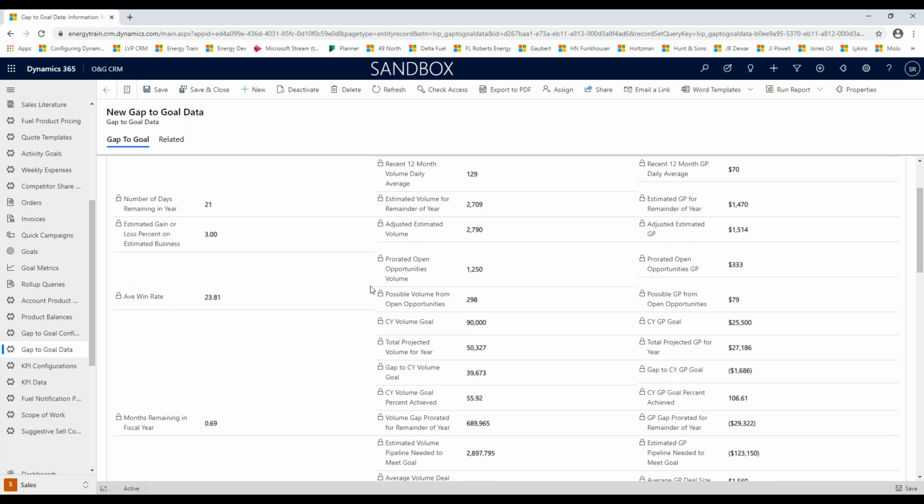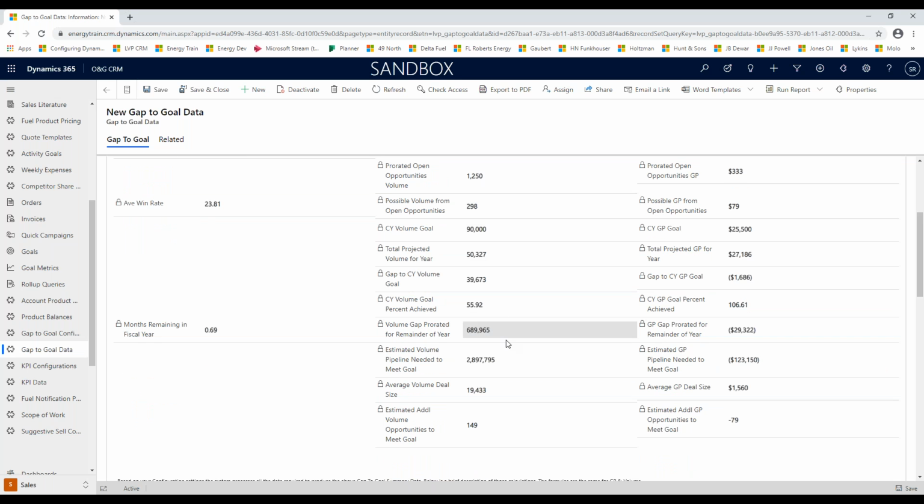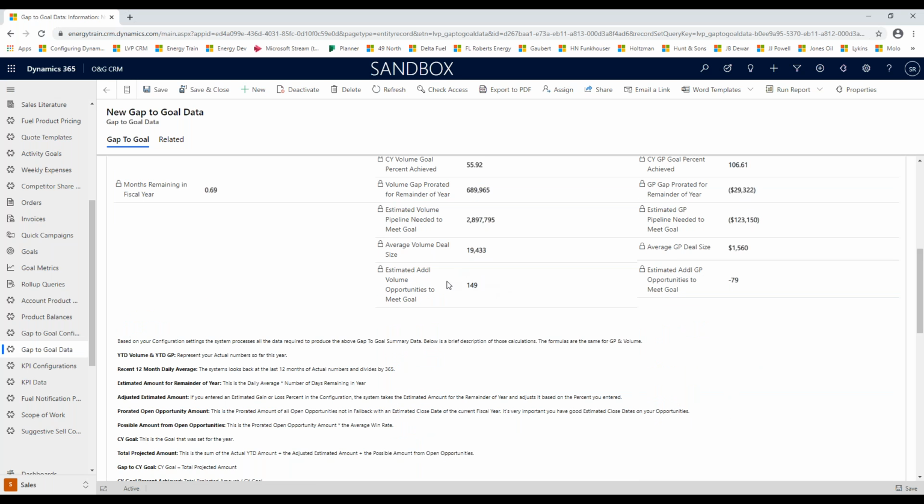Then we look at their pipeline for all the lubricant opportunities. We look at the win rate of all the lubricant opportunities historically. We look at the deal size, and we crunch all of those numbers, and we show you the numbers along the way as we're doing the math. But by the time we get done, you could really skip down to this answer. The data says in order for us to hit our lubricant goal, team, we need 149 more opportunities in the